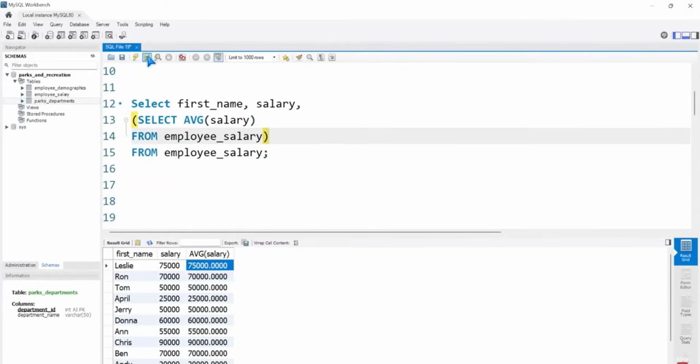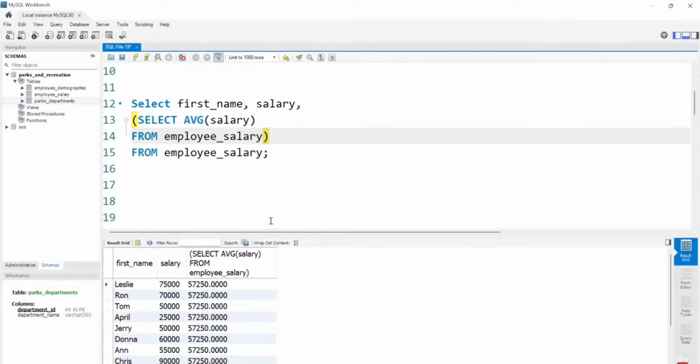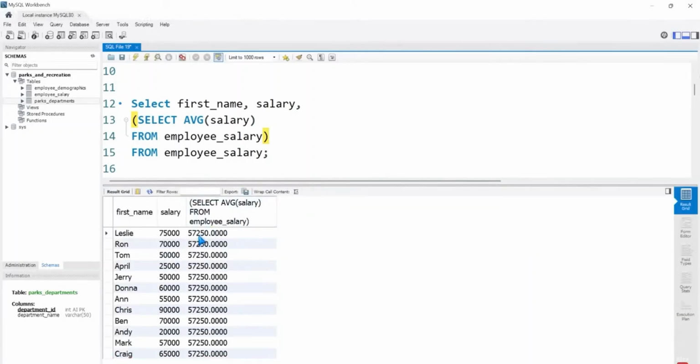Now, if we run this, we should get the exact output we're looking for. So the average salary is $57,250. And we have our salary right here. So we can compare really quickly, just like that. Now we can also use a subquery in the